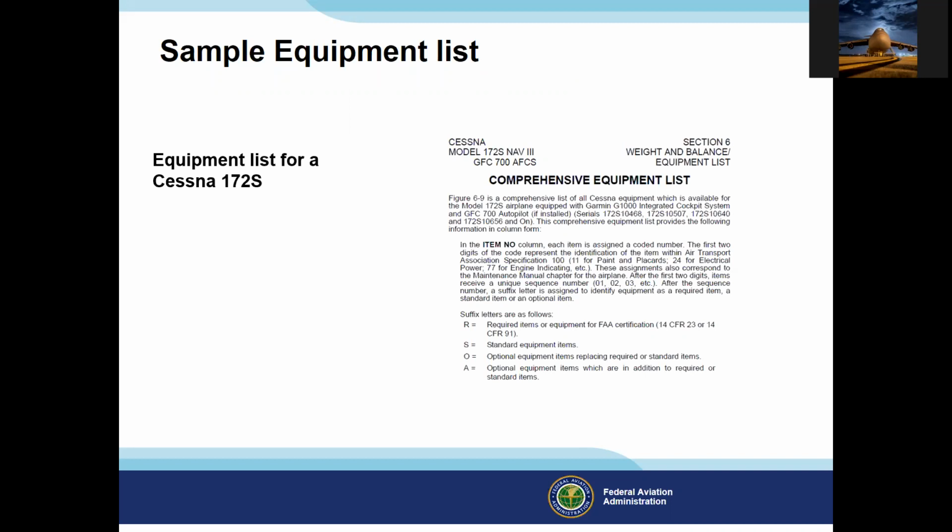All right, here's the equipment for a Cessna 172S. In the type certificate data sheet, the equipment list is a good place to look for required equipment. Notice the required equipment has an R next to it. This means these things must be required. You can't just remove it and placard the airplane because you don't want to repair the item. A required item cannot be removed because the aircraft will no longer conform to its type design. Next slide.